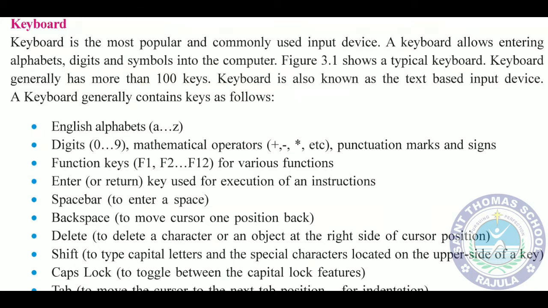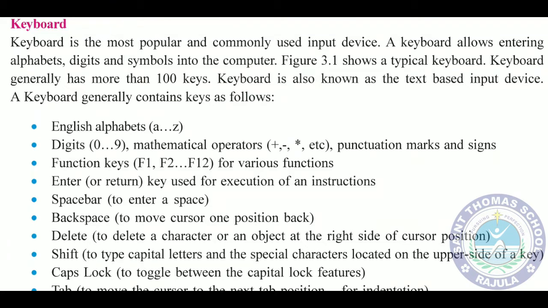If you want to write your name, if you want to write some numbers, if you want to display some digits, some symbols, then these are the textual data you can write with the keyboard. So the keyboard generally contains the keys as follows.